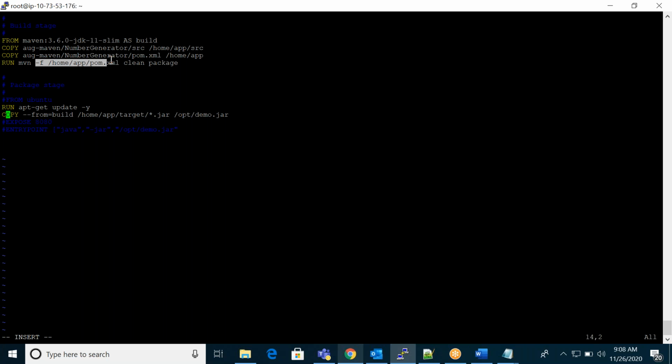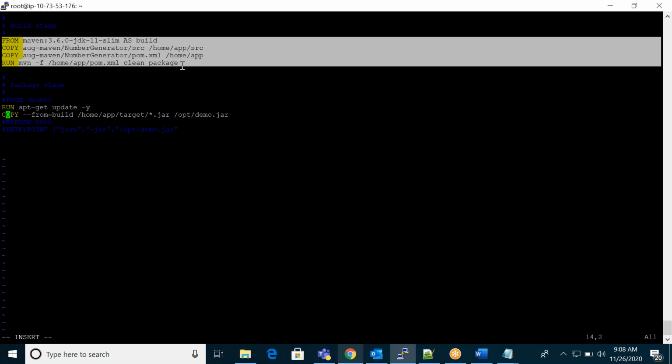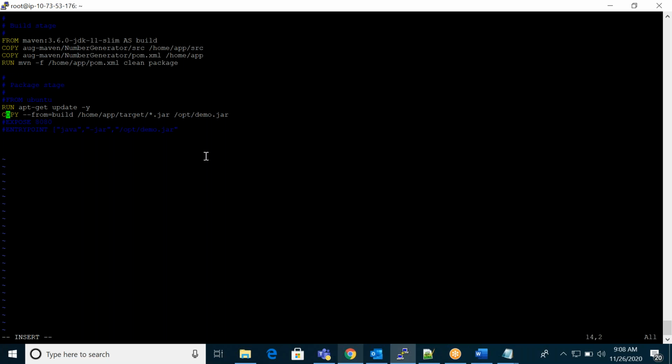Here we're converting the jar file, and the jar file will already be in this location, so the copy is not required. Just this step is enough. So just leave it.